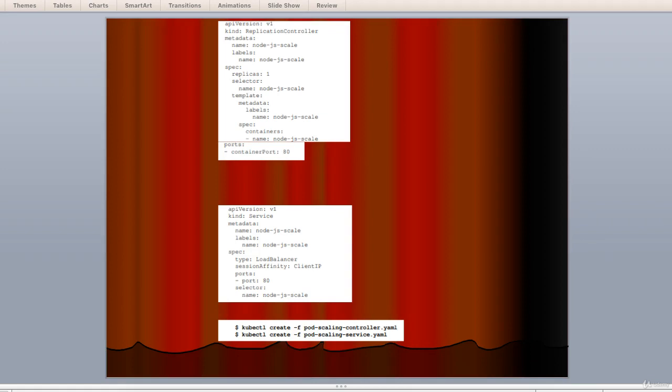The first code which you see is the pod scaling controller YAML, and the second, which you see here at the bottom, is the pod scaling service YAML. Now create these services with the following commands, the commands which you see here. The public IP address for the service may take a moment to create, so please be patient there.